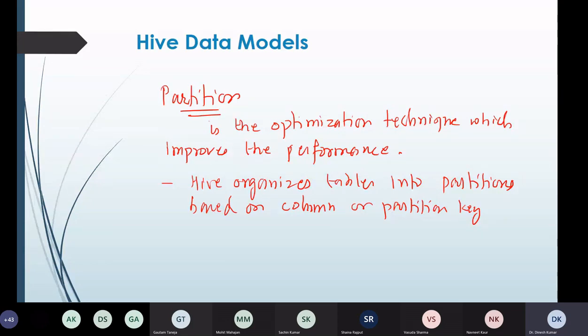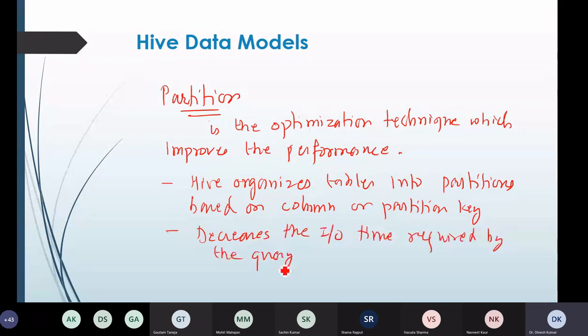So when we divide the large data set into partitions, it basically helps in reducing the input output time required by the query, because when we run a query on the large data set, it will take more time, and when we have a partition or a small group of elements from the whole data set, then it will take less time.